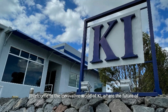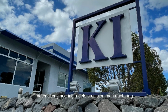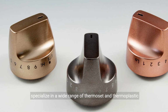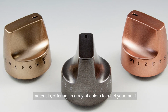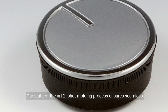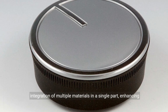Welcome to the innovative world of KI, where the future of material engineering meets precision manufacturing. At KI, versatility is at the core of our operations. We specialize in a wide range of thermoset and thermoplastic materials, offering an array of colors to meet your most challenging design requirements. Our state-of-the-art two-shot molding process ensures seamless integration of multiple materials in a single part, enhancing functionality